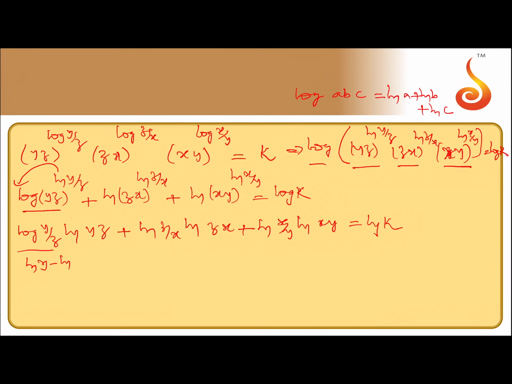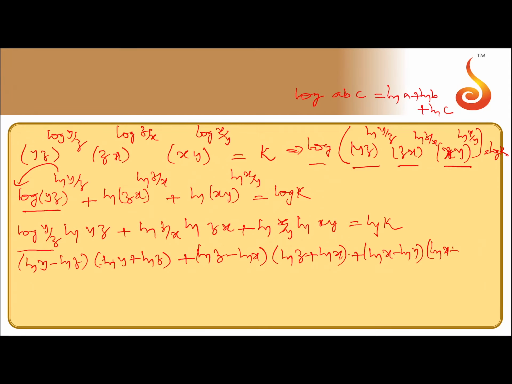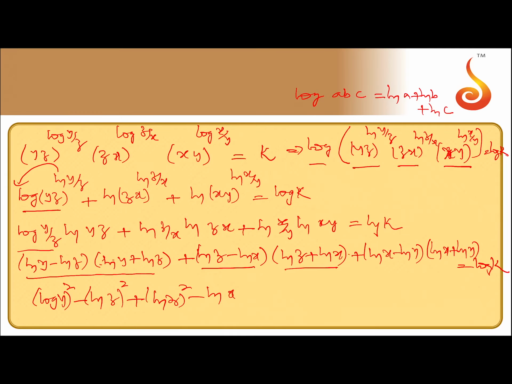So, (log y minus log z) multiplied by (log y plus log z), plus (log z minus log x) multiplied by (log z plus log x), plus (log x minus log y) multiplied by (log x plus log y) is equal to log k. And this is (a plus b) into (a minus b), a squared minus b squared. So, (log y) whole squared minus (log z) whole squared, plus (log z) whole squared minus (log x) whole squared,